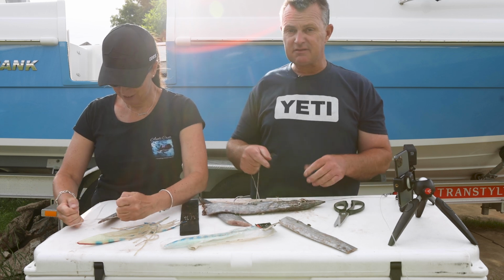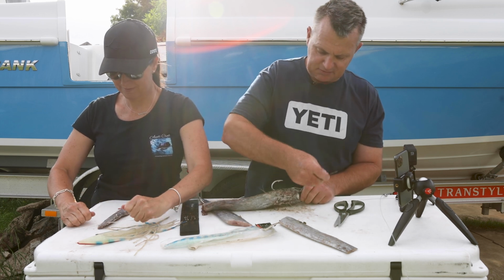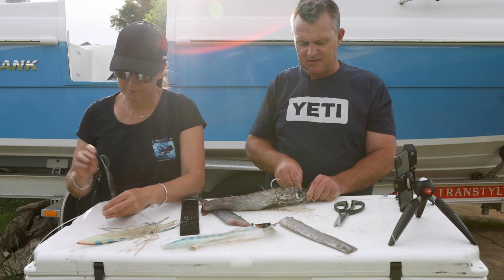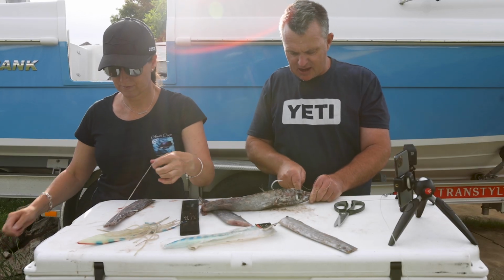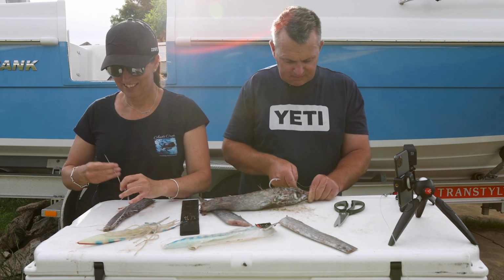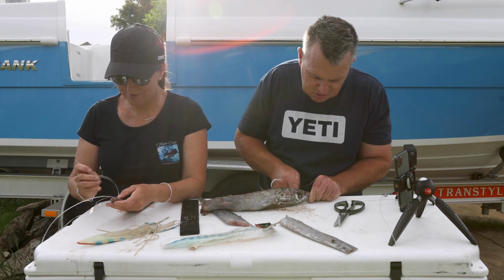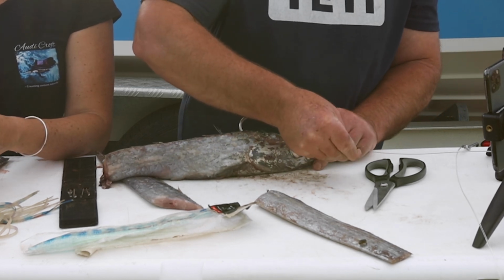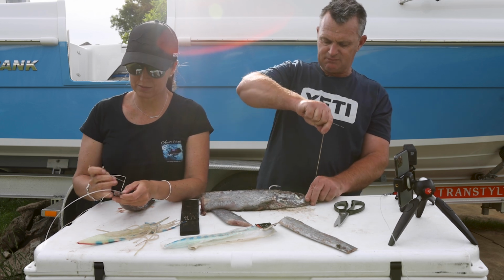And what we're going to do next is now just run this down the eye, through his eyes there, stitch it a couple of times to hold it in position. Because the big thing you've got to think of, it's not just the sword smashing it, but it's also the whole rigmarole of going up and down. I mean, you're thinking you're fishing in what, 400 to 600 metres on average. Man, that's a long way down, a long way back. And a big part of this is to make sure you present them so that when it gets down there, it's still presentable, not tangled up. So stitching it up, even though it looks messy, nice and...